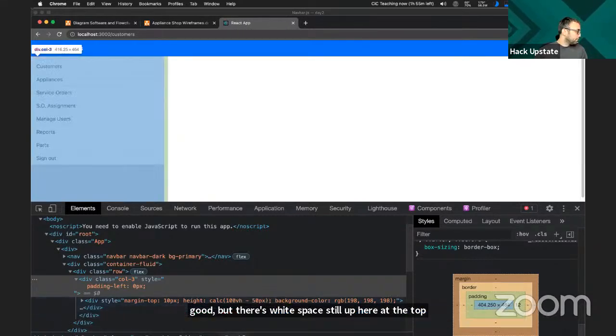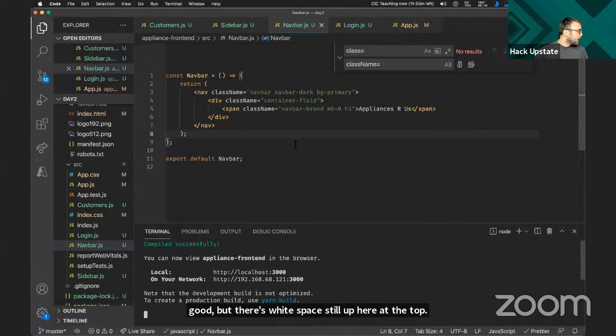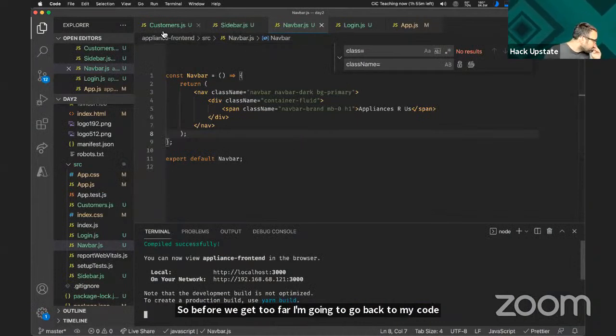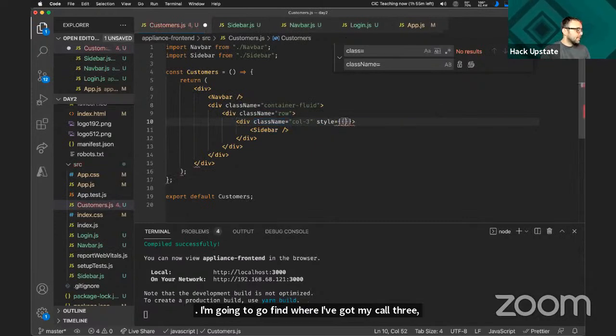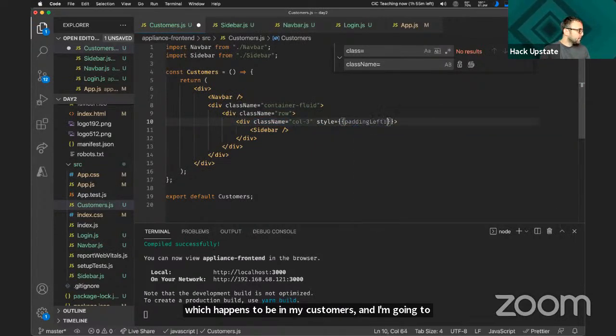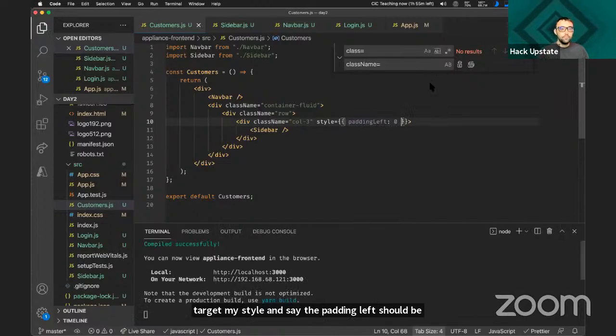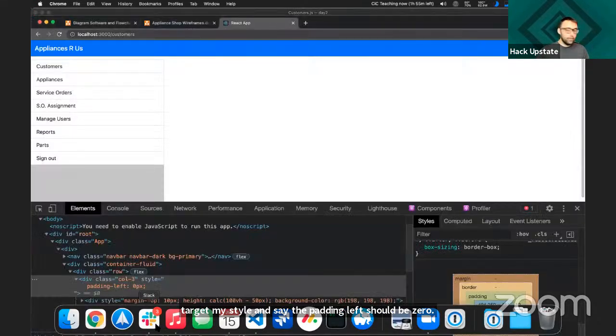So before we get too far, I'm going to go back to my code. I'm going to go find where I've got my col3, which happens to be in my customers. And I'm going to target my style and say the padding left should be 0. Now I'm going to go back in here,